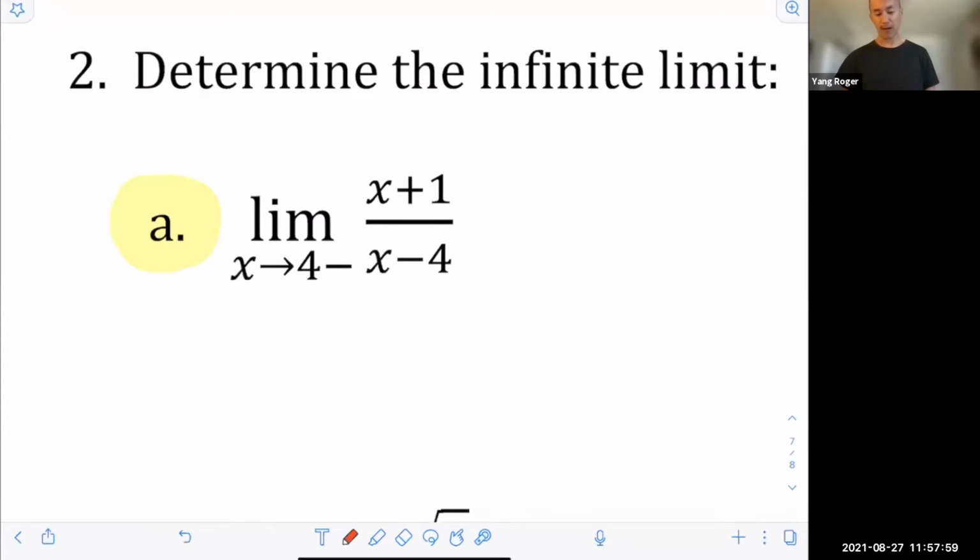Well, first I would just try to plug in the number, right? So when I try to plug in the number, what am I going to get? On the top, I'm going to get a 5. And on the bottom, I'm going to get 0 because I'm plugging in this number 4. So this tells me I have an infinite limit. Right? So you can imagine that